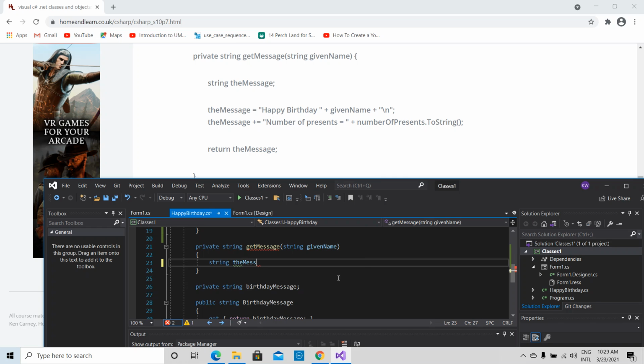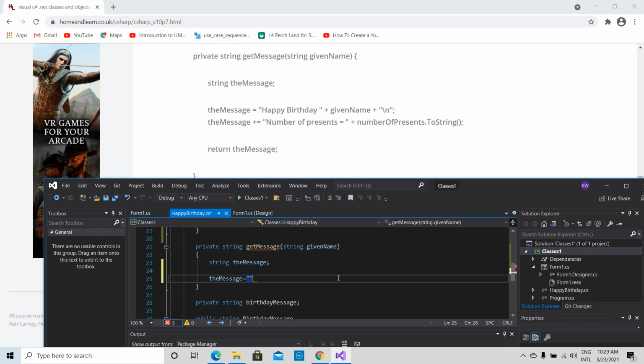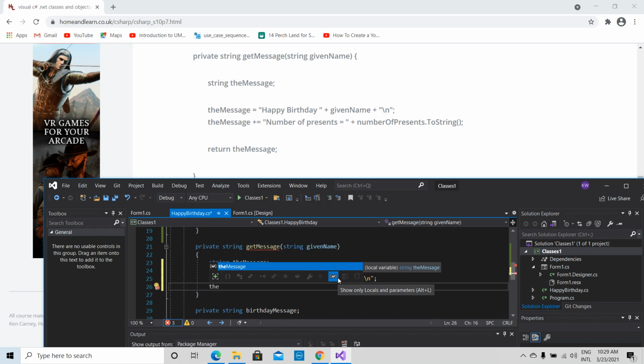The message, we declare a string variable, then to the message variable we add happy birthday and the given name. Here we include a new line, same as in Java and C, \n, the new line character. So happy birthday, then given name, the message, again we concatenate